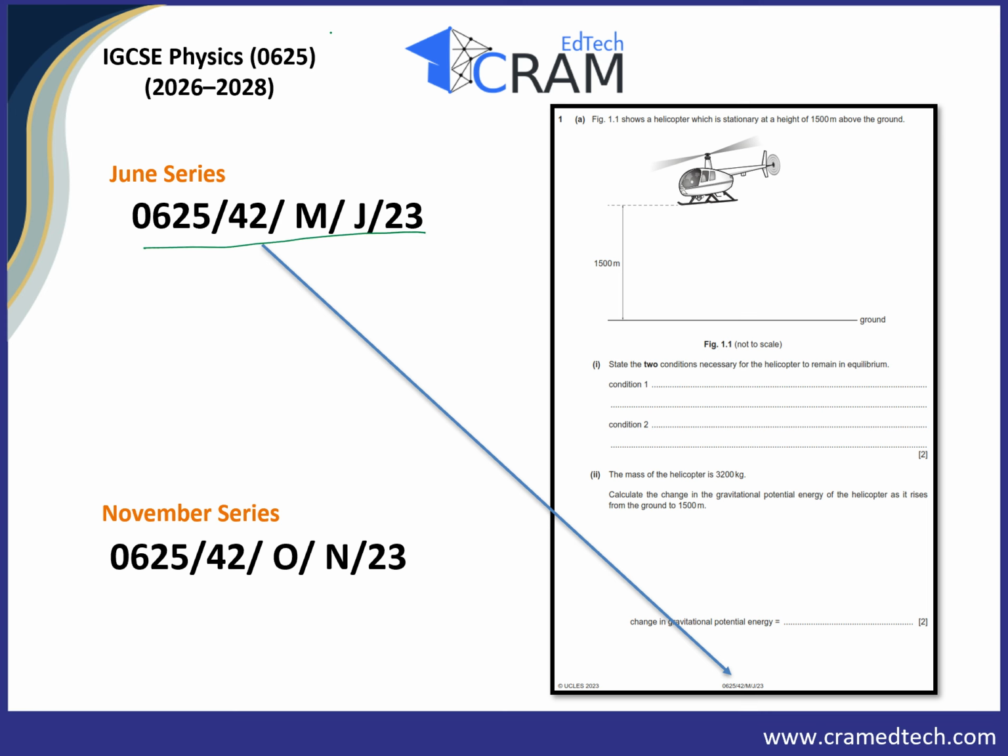0625 is the code of the syllabus, it is physics. Paper 4, it is a theory paper. 2, it is a variant. May June means June examination series. 23 means year 23. So it means this is paper 4, second variant of May June 2023 of IGCSE Physics 0625. But if, for example, you find 0625 42 ON23, it means that it is IGCSE Physics syllabus, paper 4, second variant, October November, which generally we call the November series